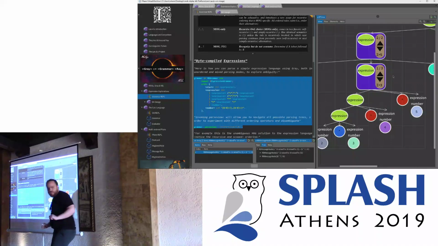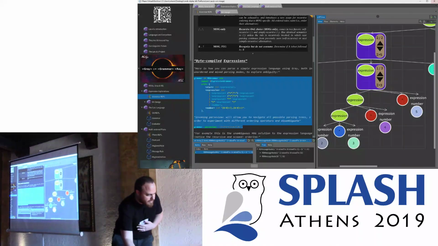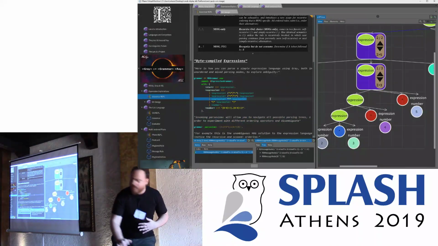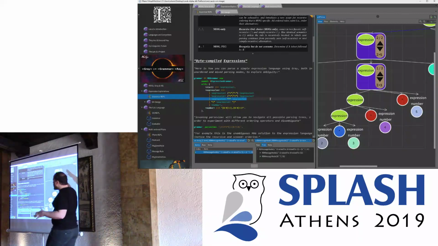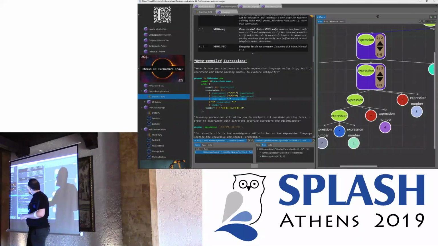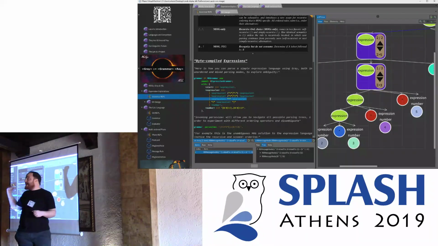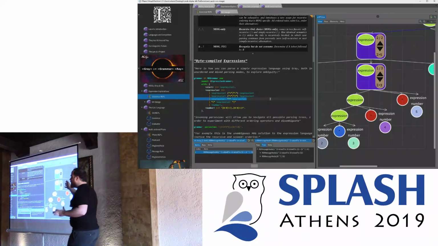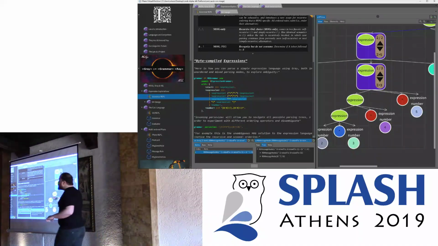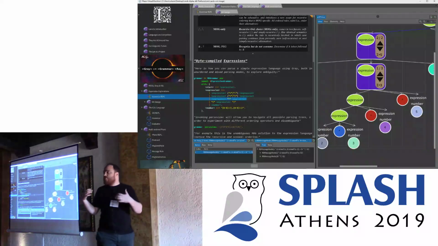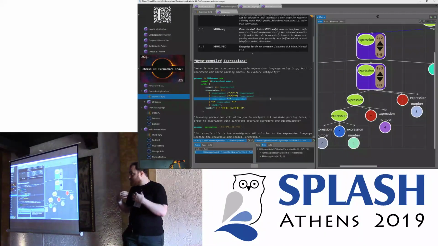And for those of you who may have noticed, this is done inside an interactive document. The grammar is here, and it's embedded already inside a general purpose language. This is Pharo using the system itself. So this is the alpha version, but we already eat our own dog food.